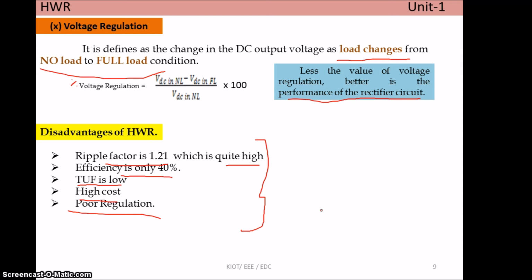So what is the alternative? The main drawback in the half wave rectifier is that one half cycle is not utilized. It uses only the positive half cycle. The negative half cycle is not at all utilized, so it is getting wasted. The next alternative is another circuit that utilizes both half cycles effectively, resulting in improved efficiency. That we will see in the next video, the full wave rectifier.